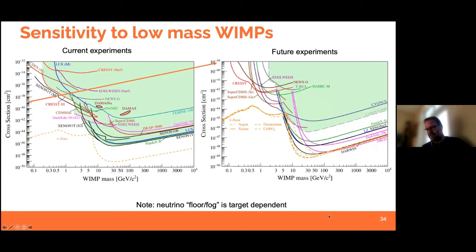Because it depends on your neutrino target material cross-section. And that is slightly different for different types of targets. So that is illustrated here in the figure on the right. So this here is still for spin-independent dark matter nucleon cross-sections, but we can also then look at